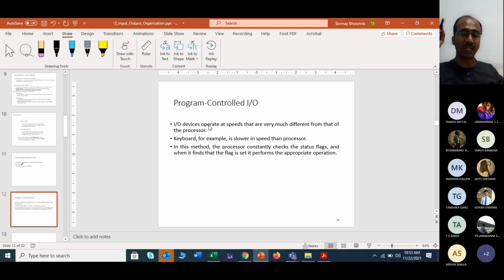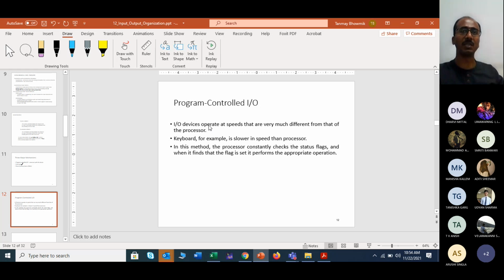Previously, what type of input output have we seen? We have seen memory mapped IO and isolated IO, right? And we termed all these things as peripheral devices. Those were based on your memory address sharing, whether you are sharing the same address or operating from a distinct address.